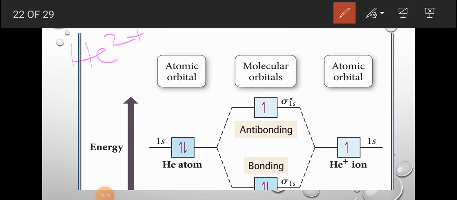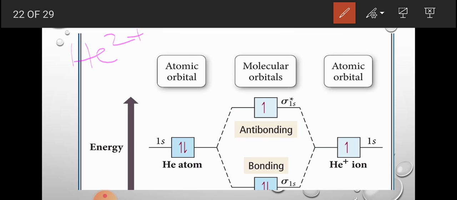He2 plus. For this we are going to do hydrogen, helium. He2 plus we are taking here. For helium, as you know, there are 4 electrons in all, and 2 electrons each in sigma 1s and sigma star 1s will be present, and we can just make it like hydrogen: 2 electrons in sigma 1s and 2 electrons in sigma star 1s.